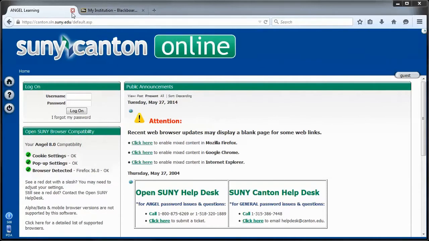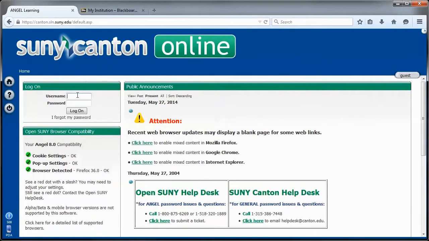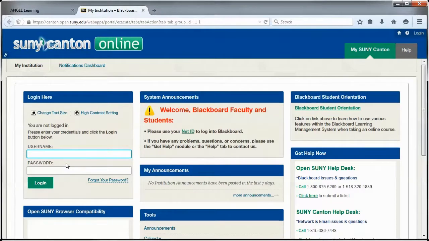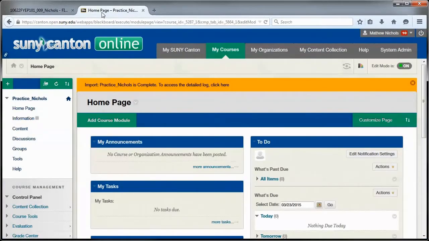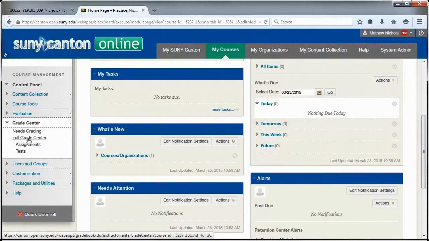Here we have our Angel tab open, and here we have our Blackboard tab open. I'm going to compare a course gradebook in Angel to a course grade center that's been converted in Blackboard. You can see on the left here that I've logged into my FYEP course that exists in my Angel Fall 2012 shell, and here it is copied into Blackboard. I'm going to go ahead and enter the grade center, full grade center,